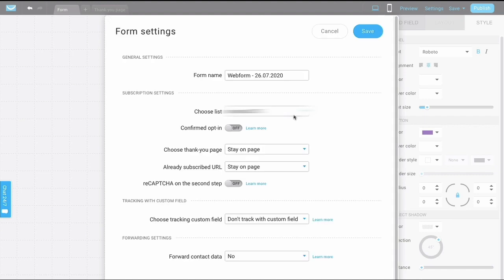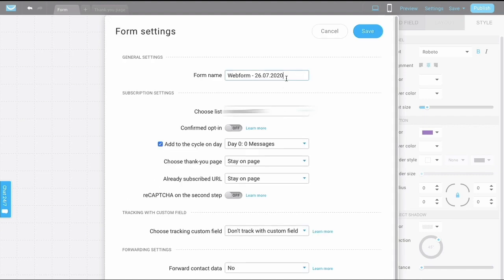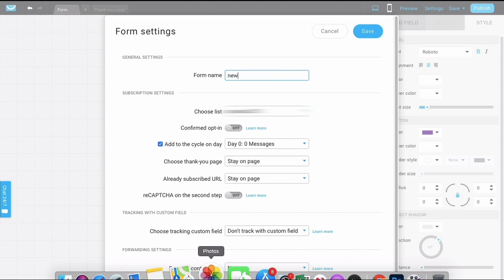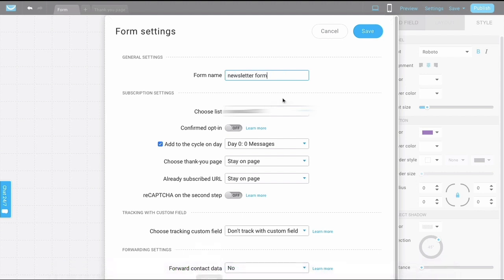Here you have to link. You need to first of all give a form name. I would say newsletter form. Then you need to choose a list to which this form has to be linked. So I would choose the same list which I created earlier, masterclass registration. Automatically it will show if there is an autoresponder connected to that particular list. Day 0 first message, that is the one which we have already created. So whenever someone comes into this list through that form, this autoresponder will directly go to them.